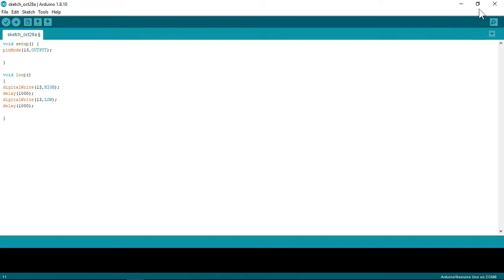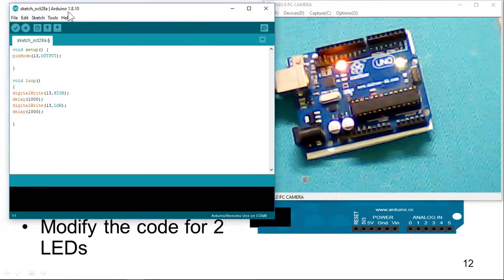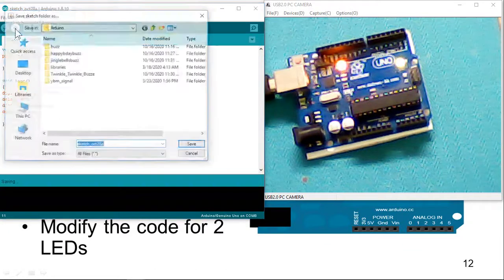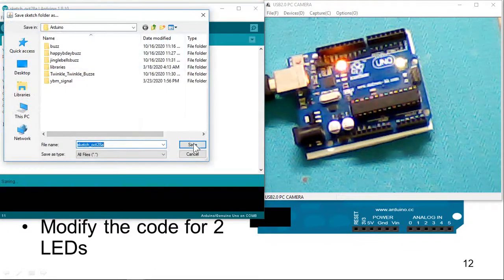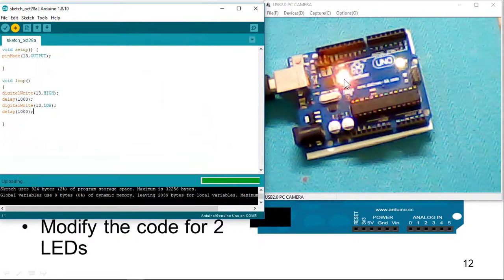So this is my first code. It's already there, by the way, but let's re-upload it. This is the compile and verify button, and this is the upload button. Upload also does compiling before uploading, so I'll just directly click on upload. I need to save my sketch, so save your sketch. And see, these are the transmit and receive lights. They blinked, the code is uploaded, and it's blinking